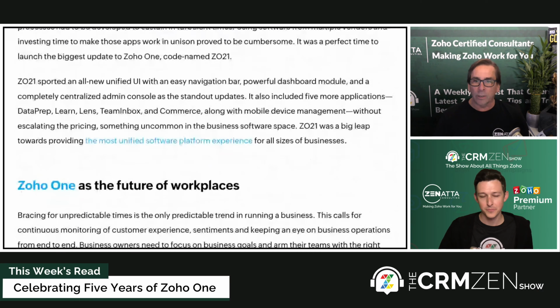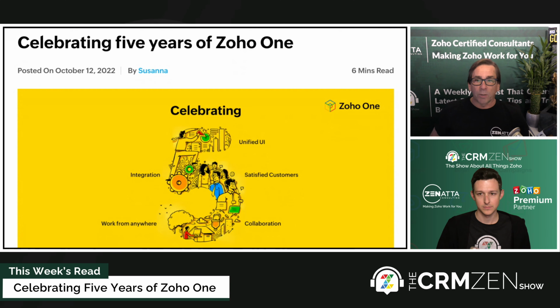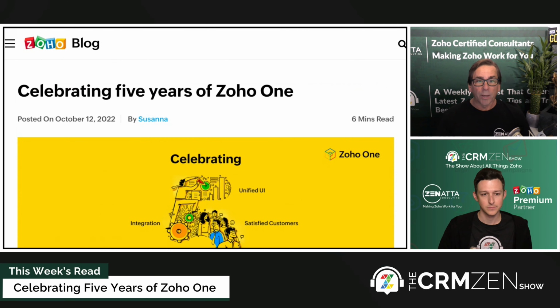Yep. Every year, sometimes I'm thinking they're going to release a new app that's not going to be part of Zoho One, but yes, it is part of Zoho One, and they keep adding those applications in. So, congratulations to Zoho. They really lead the way on this, and I think for a lot of businesses, this is a salvation because they can run their business from books to inventory to CRM to social media to their marketing campaigns, and they can do all of that for a very cost-effective price. So, all righty. And with that, let's head over to Zenatta and see what our read of the week is.